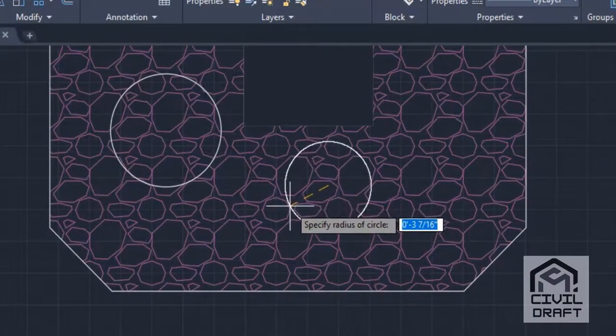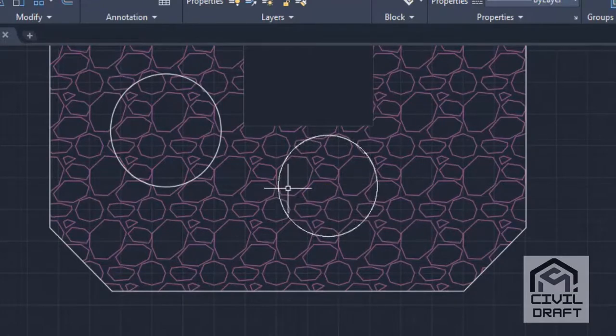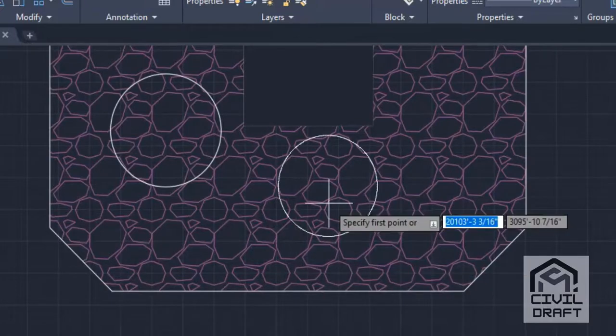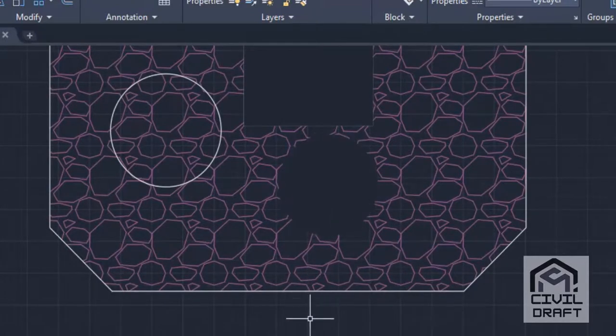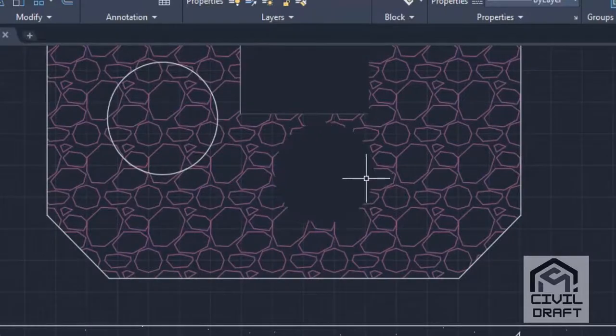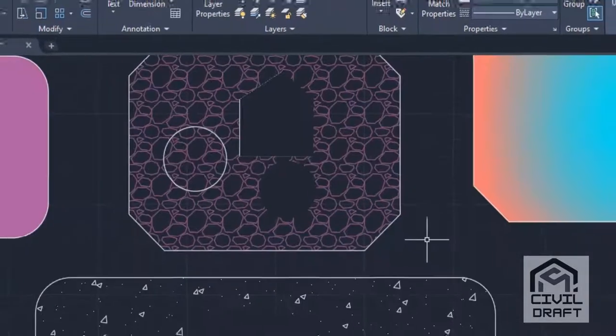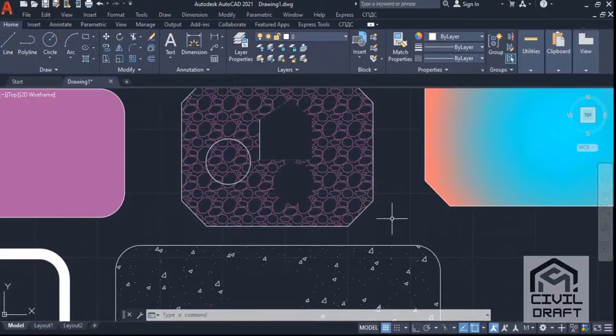I'll select inscribed here and then draw a circle. Okay, now I'll use the wipeout command here, go for polyline, P, enter, select this, erase polyline. See here, now it can be erased. I hope now you can use the wipeout command easily.